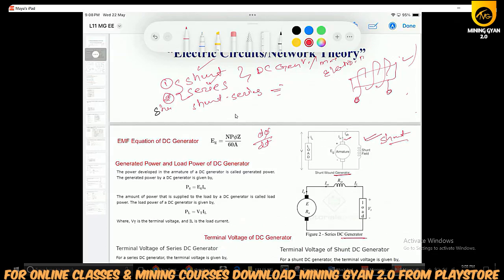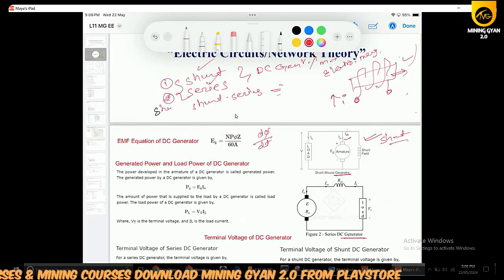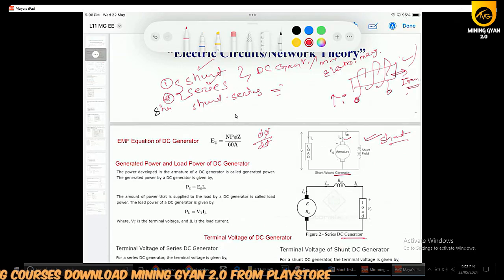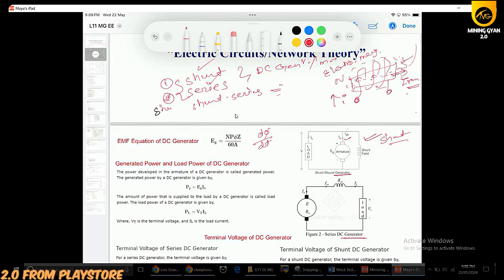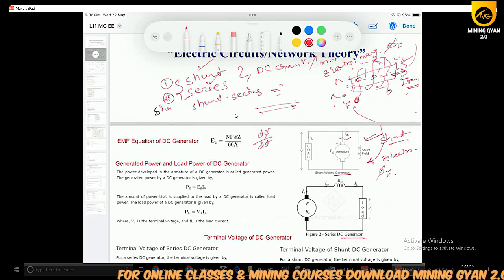How is it becoming a magnetic material? Because we are applying current through the coil, and this is the iron core, which is the magnetic material. When the current is flowing in this direction, obviously the magnetic flux will flow in this direction from north to south pole. So that is called the field winding. Field winding will act as an electromagnet that will generate the field flux, such that there will be flux set up inside the machine, and these are the field flux.